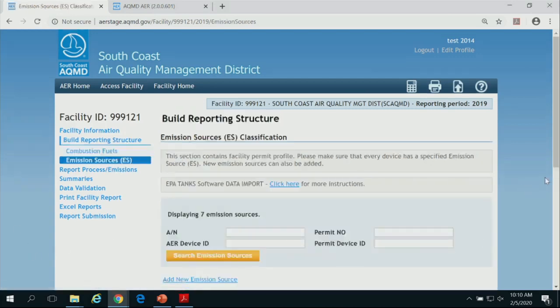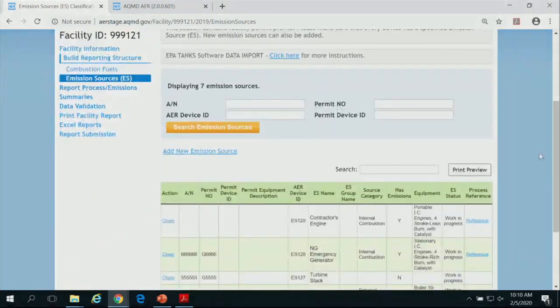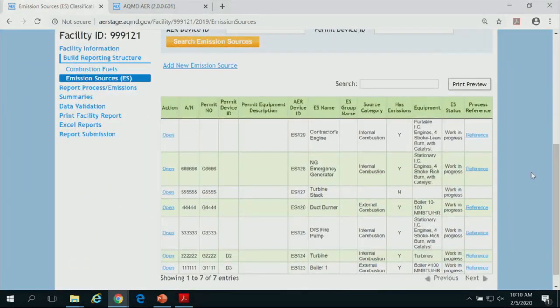Press next. Right now I'm at emission sources. This is pretty much the last step of the front end, your facility configuration. Once I complete my emission sources, the front end is completed. If there is no modification to the facility, you can use that part every year for reporting purposes. As you see, certain devices are already here. The first year that you're asked to report, the entire permit profile is going to be there. But from that point on, as I indicated, you're in charge, so any changes, you need to implement.